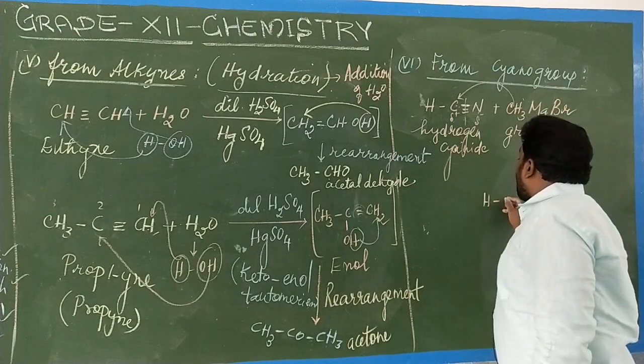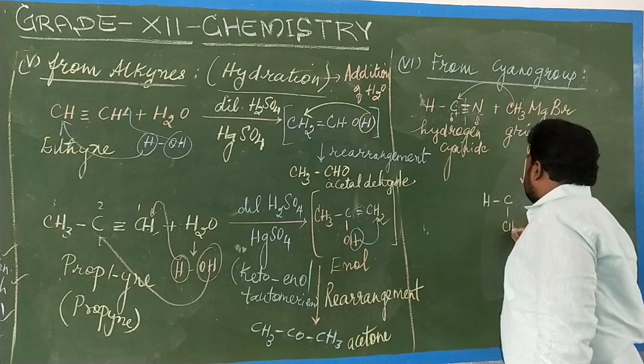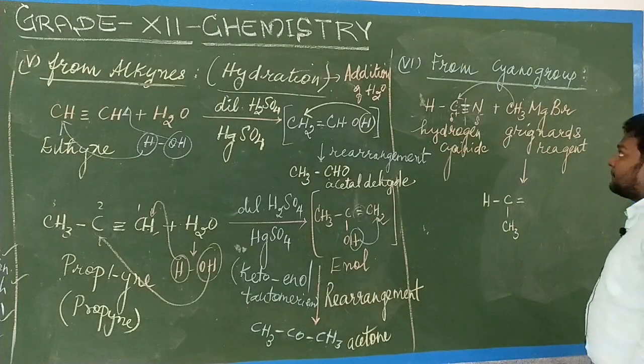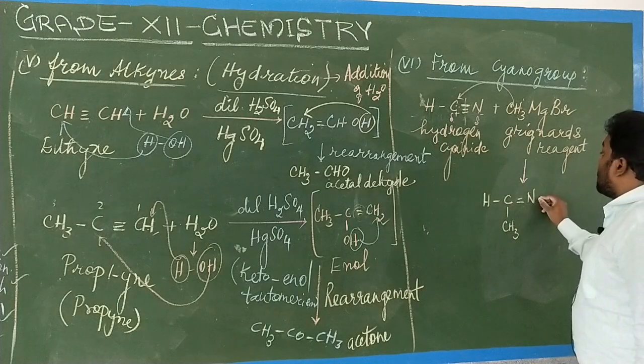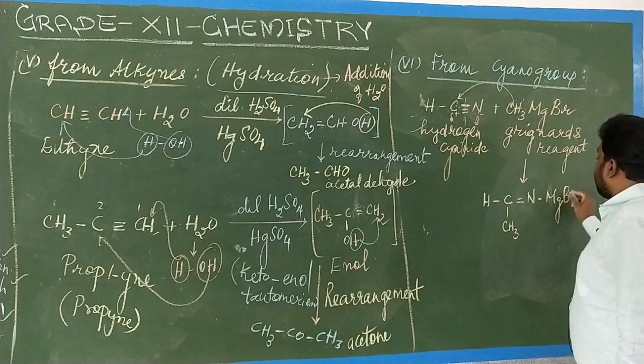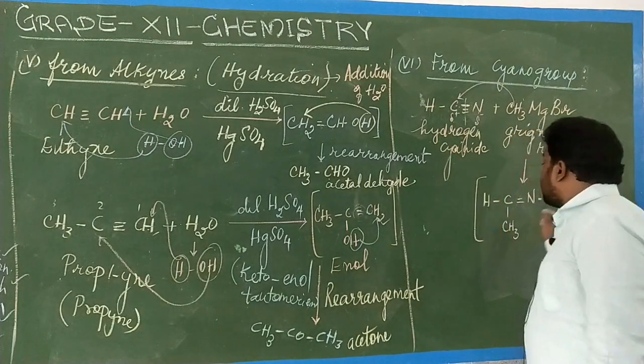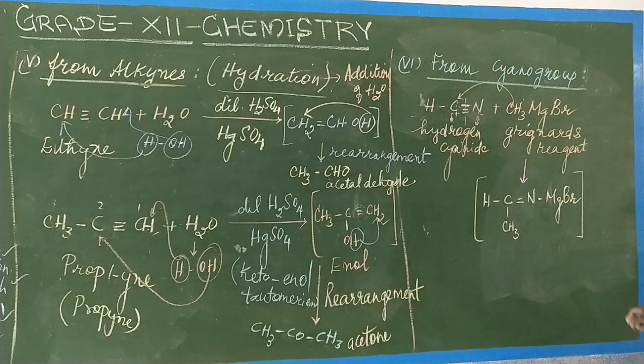H bond C bond CH3, then automatically it just breaks to a double bond N bond MgBr. Correct? Which is an unstable compound again. This unstable compound is mixed with 2 molecules of water,